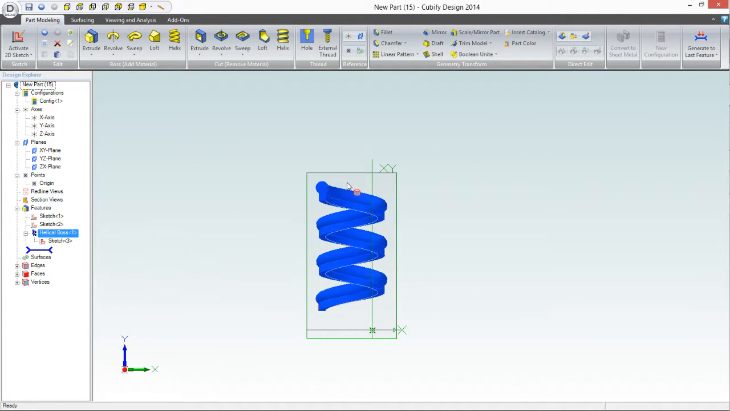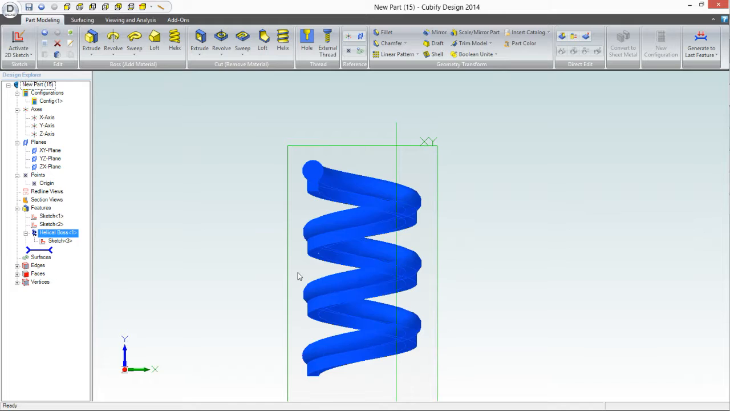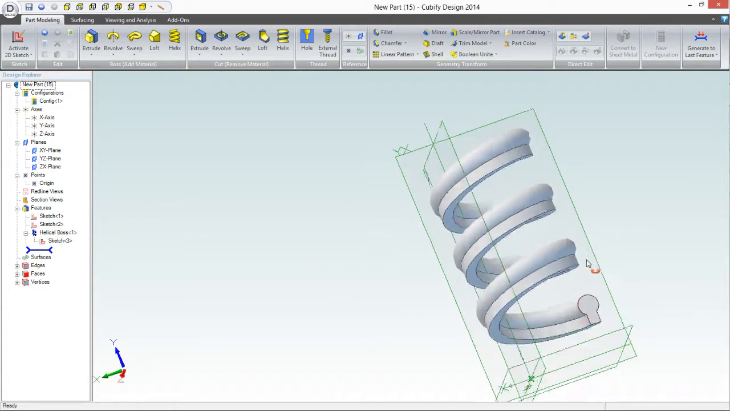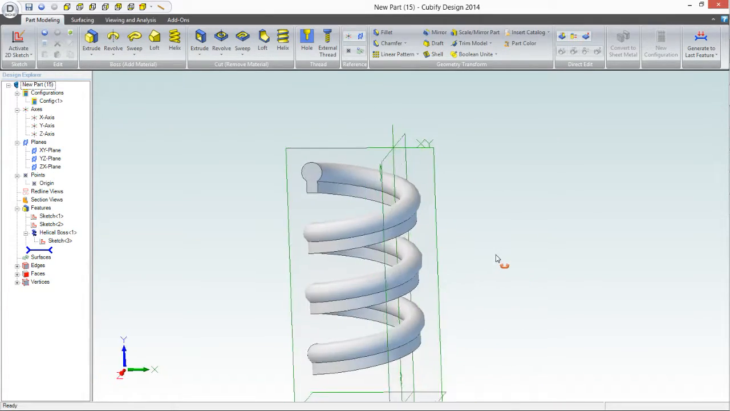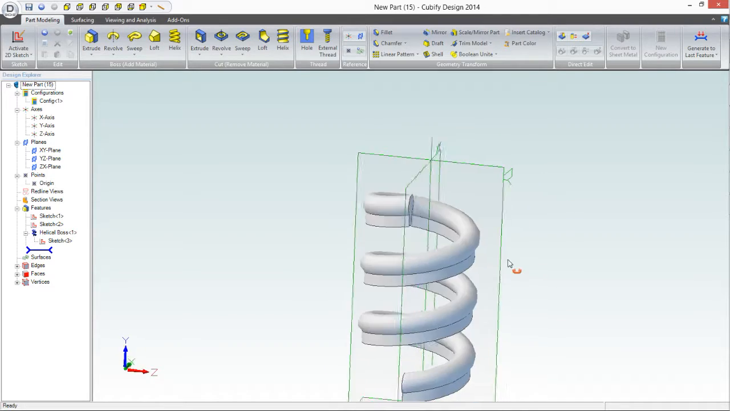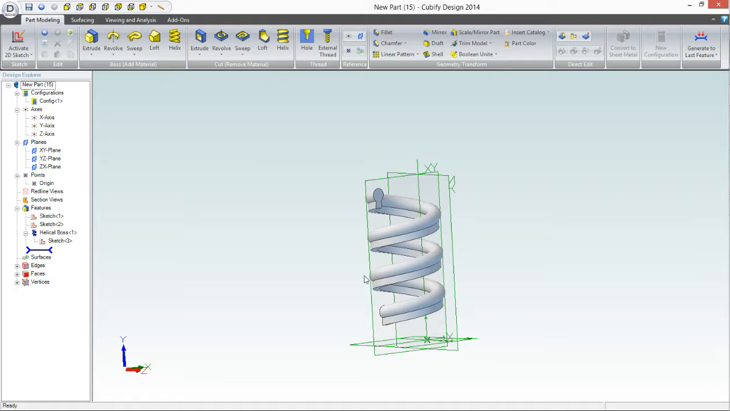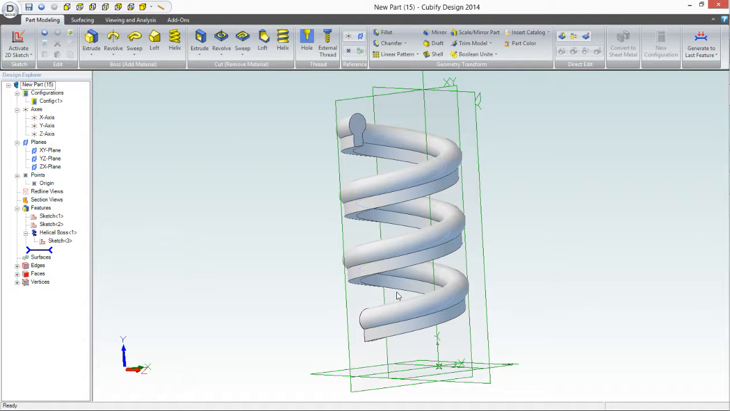And there it goes. And you see that it just chose to go around that center line. It didn't matter how tall that reference line was. You just define all of that in that dialog box. And there it is. But there's a couple of other things that you need to think about with this Helix